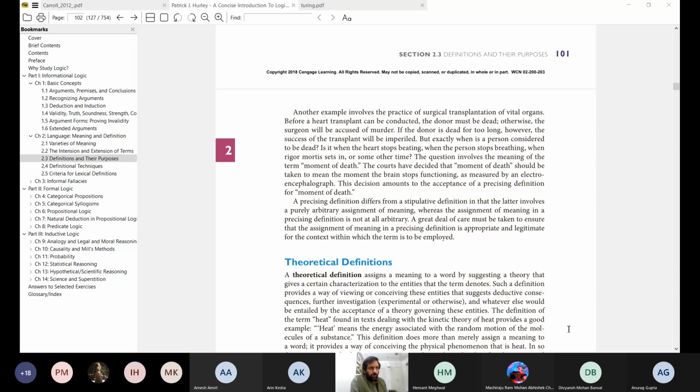So in the case of a precising definition, the axis of assessment might be appropriateness or inappropriateness, usefulness or uselessness. So if we go back, for instance, to the case of the education,